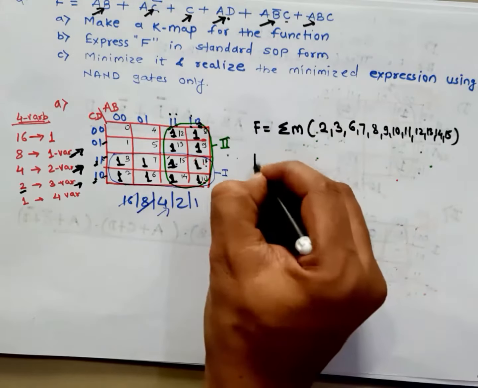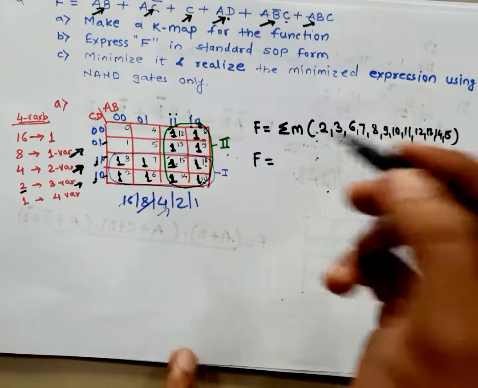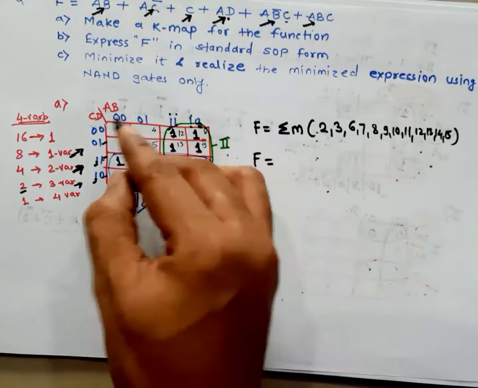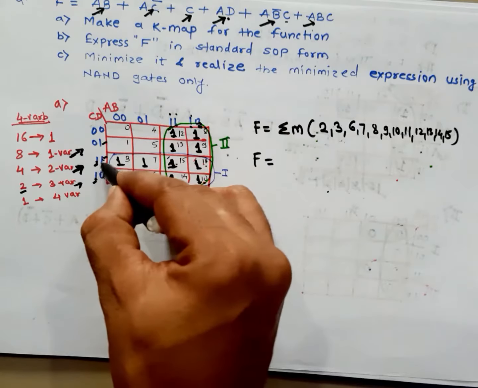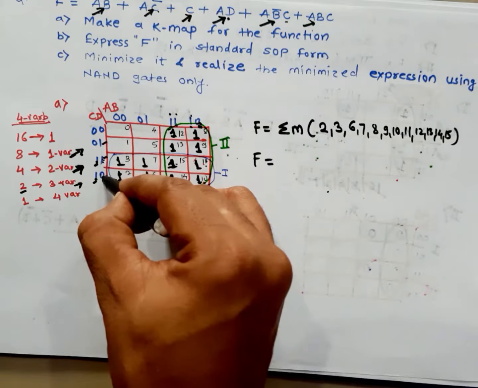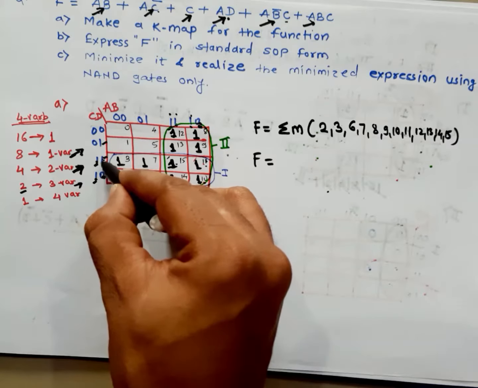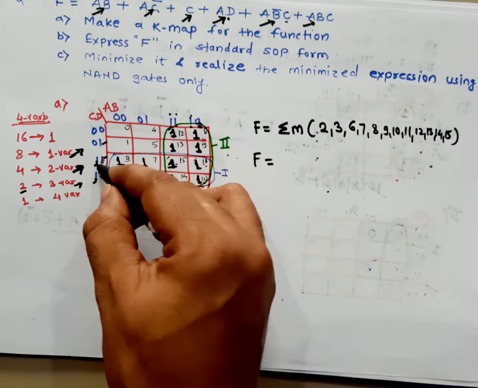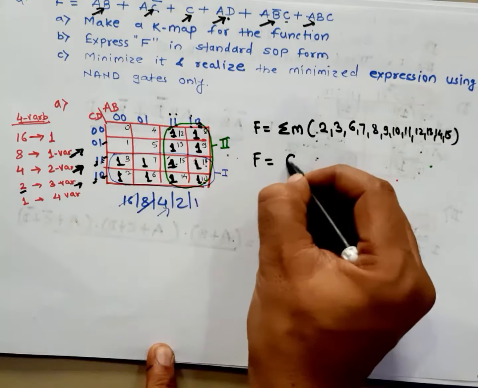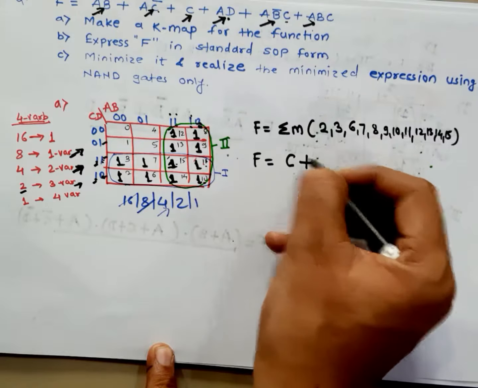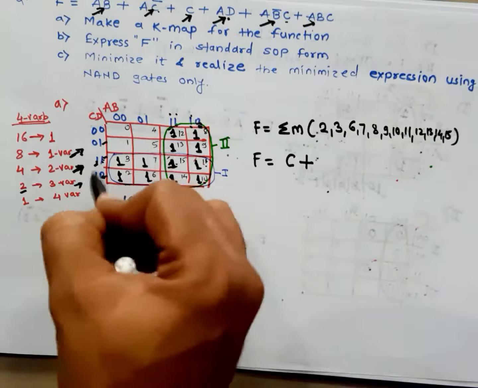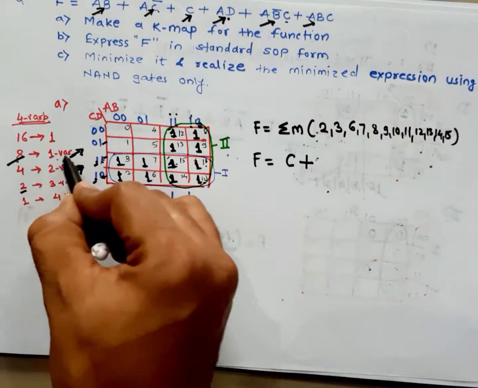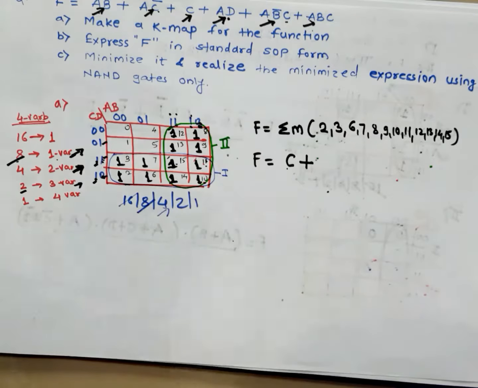So the final Boolean equation, or the minimized equation, is as follows. For the first group, the horizontal group, A and B get eliminated. Only two rows remain, for these two rows 1 and 0, so the D variable gets eliminated. Now C is 1 1, so the value is C, due to SOP form. If it is a group of 8 cells, then in the final equation you will get only one variable. This is the logic for the 4 variable K-map.